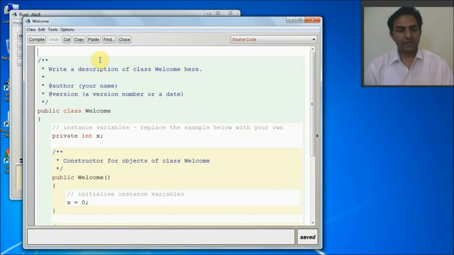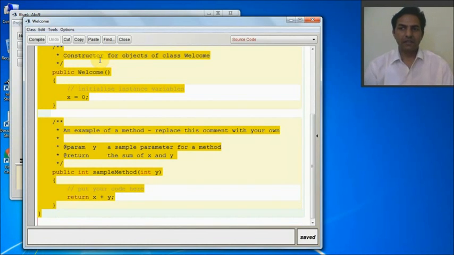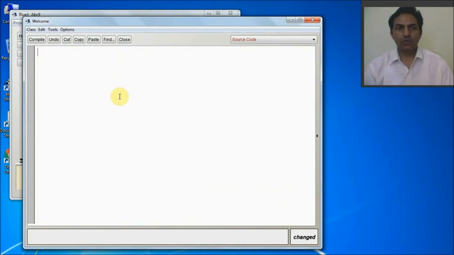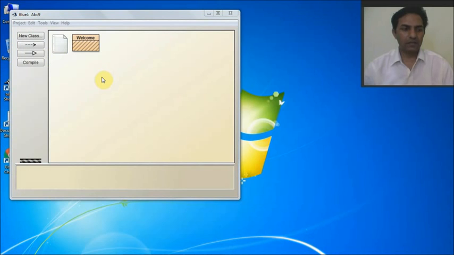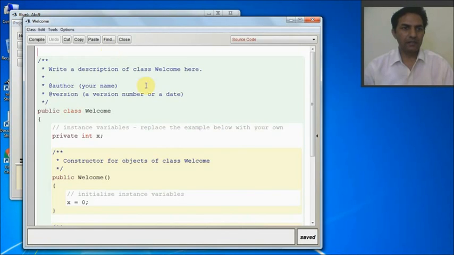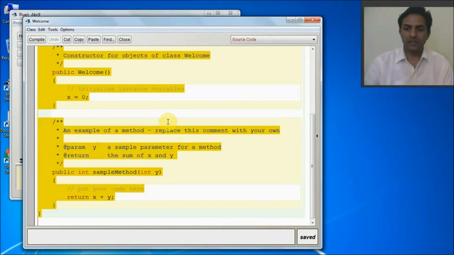Now what I have to do is rewrite the program. That means first press Control A to select the program and press the delete button. This is to erase the predefined code so that you can write your own program. Next, we are going to understand how to write a new program to edit the class code. I am going to right click on this, open editor, the predefined code is there, so I'll press Control A and select the delete option.